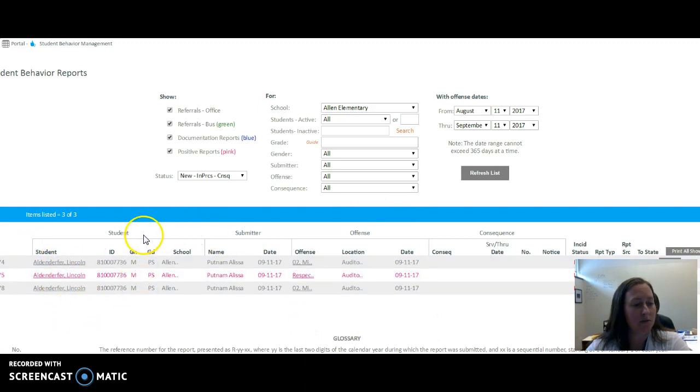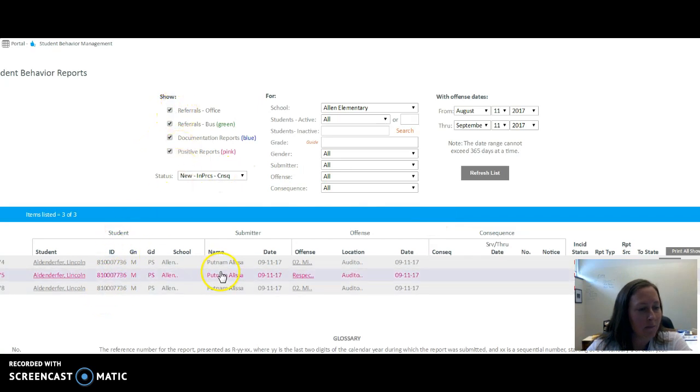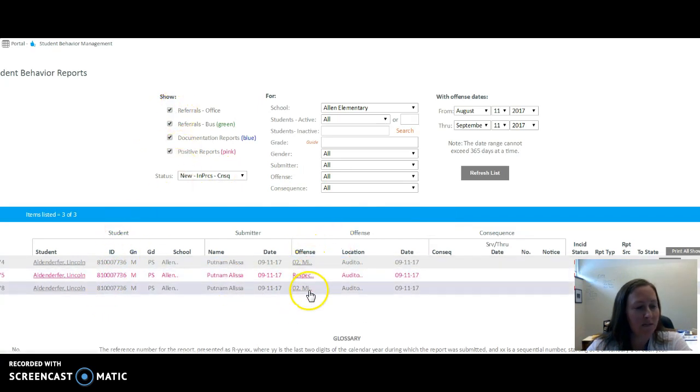He's a preschool student that has had quite a few offenses already this school year because he's just first on our list. And we have utilized Lincoln multiple times to show different offenses, and all of these have gone to the principal of that building. Once the principal has dealt with that